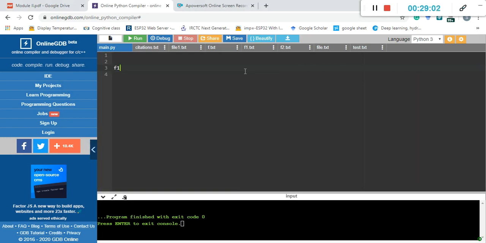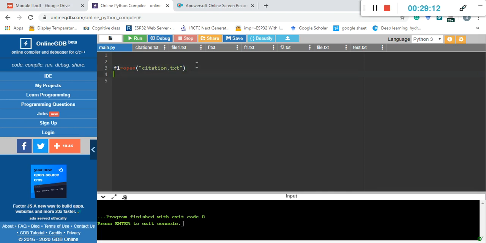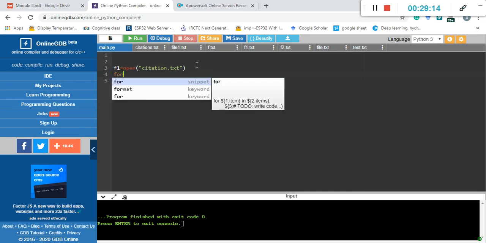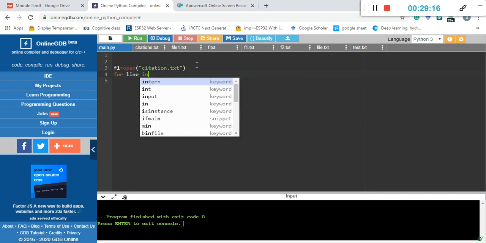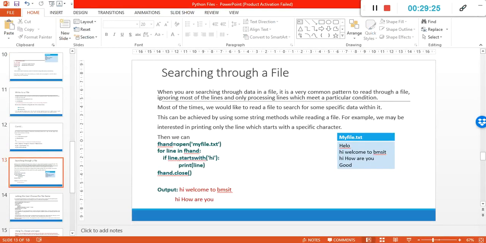So I will try to open f1 is equal to open citations.txt. Since you will be opening it in the read mode, everything is fine. For each line, for line in the file handler f1, what is it that we are going to do? We are going to search for a particular string in the file.